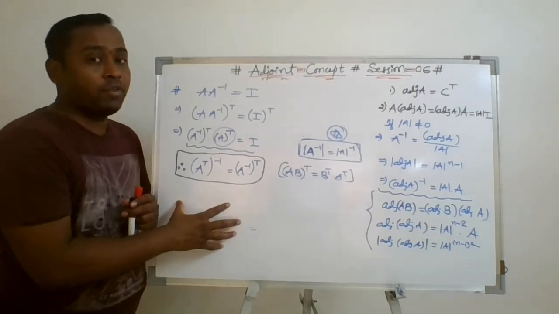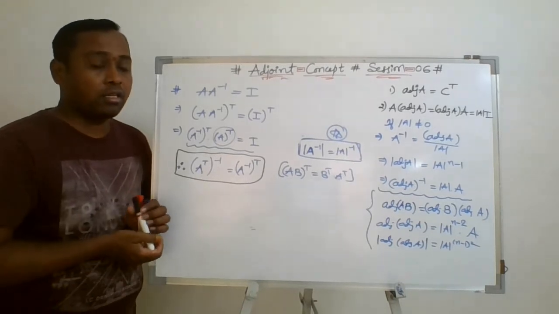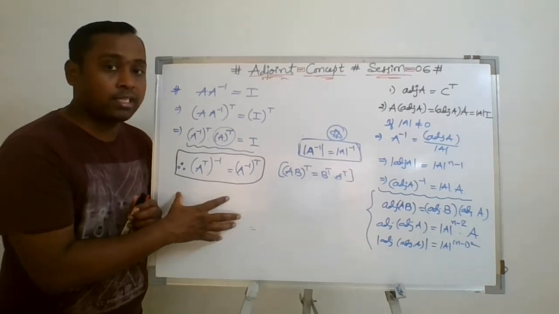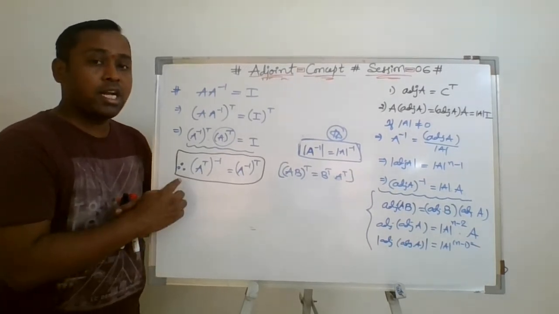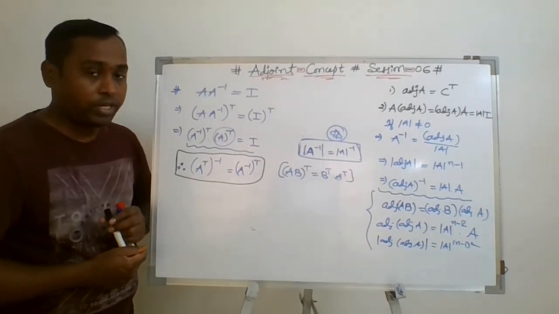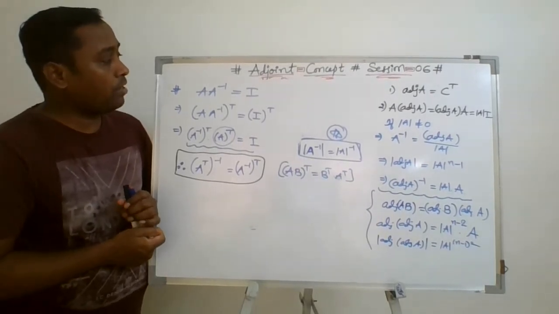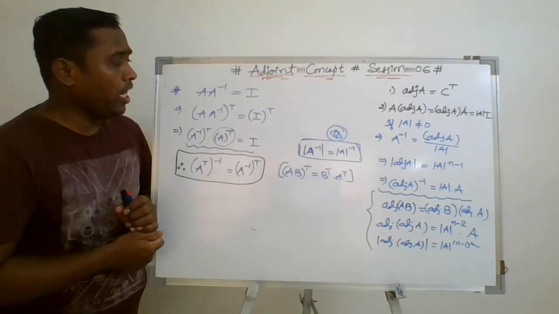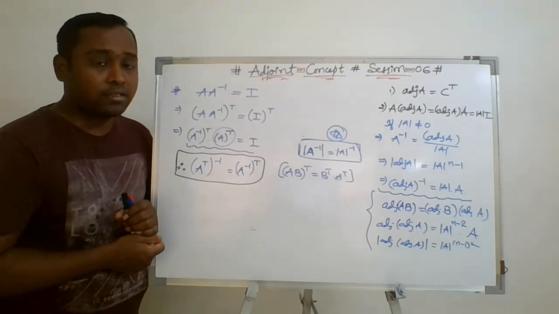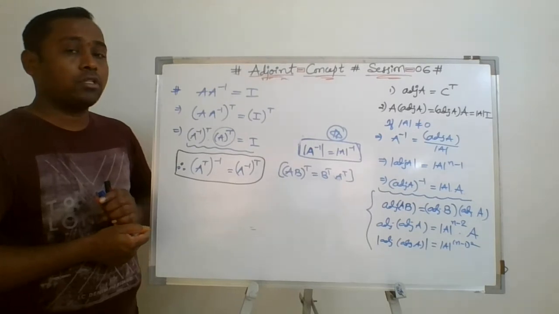But it plays a very important role even in this session and the next session. You will see the HOTS, higher order thinking skill questions, many a times they are twisted on this property. What is that? A transpose whole inverse is equal to A inverse whole transpose. Getting my point? Now, apart from this, you may also say A inverse of whole inverse is again the matrix itself. That is the last point of today's session.